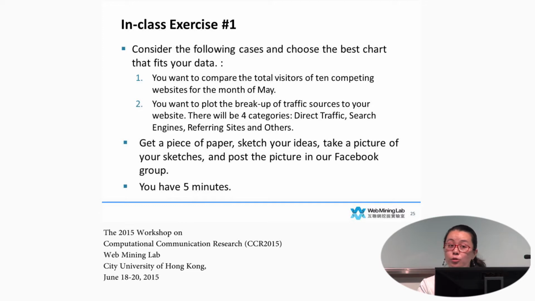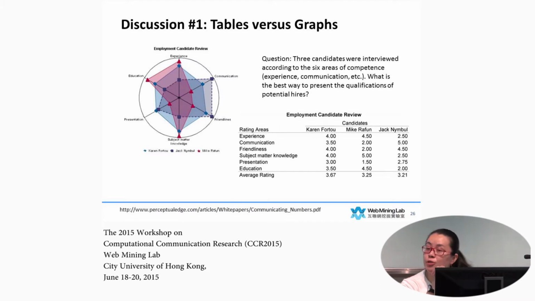Also, always include a zero in your visualization. Okay, this is the point I want to make here. And after the exercise, I would like to discuss three cases. The first one,